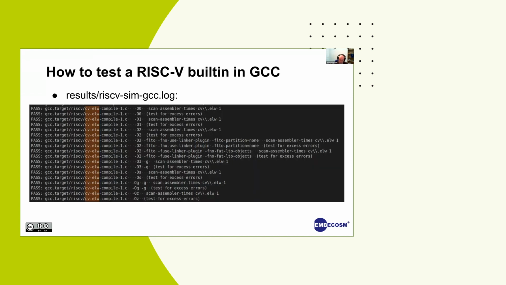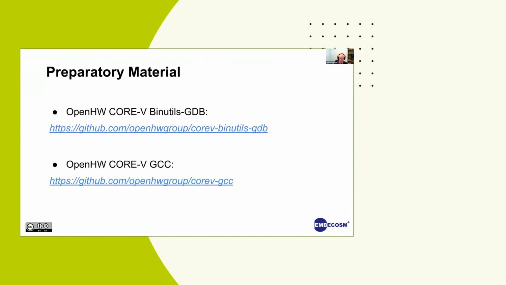Now, I have gone through this fairly quickly, so what I would say is it's to give you the pointers to allow you to get started. The way to look at this is all this code is in the Core-V GCC, and the corresponding assembler is in binutils GDB. So if you look in Core-V GCC, you can find all these files and you can look at what's been implemented.